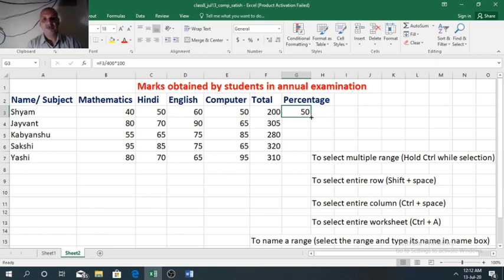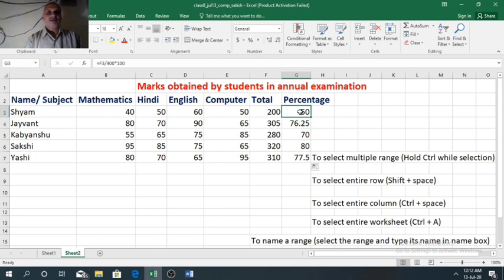This is known as fill handle. We need to left click and drag. Once you release the mouse button, it will show the result of percentage in different cells.